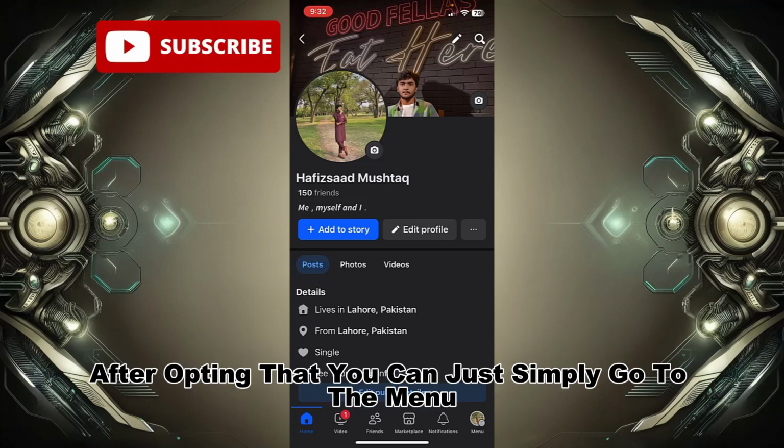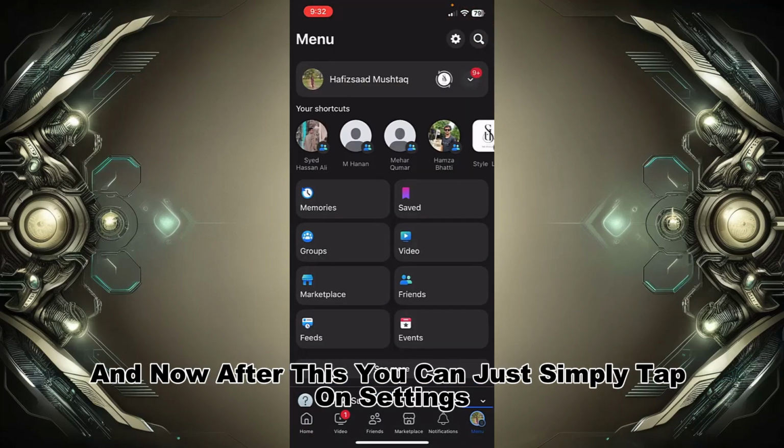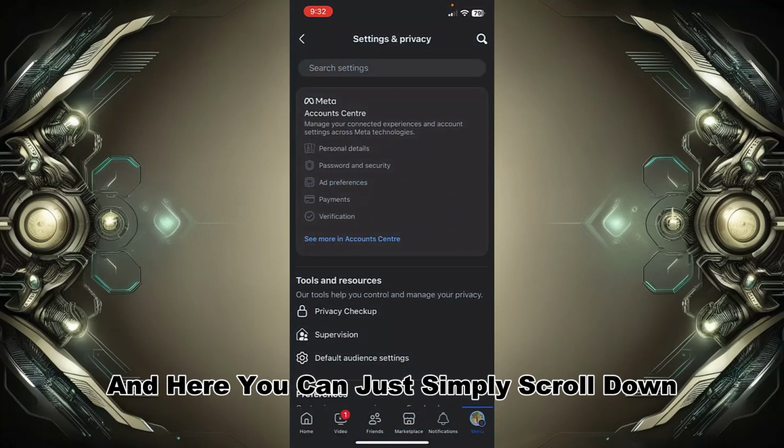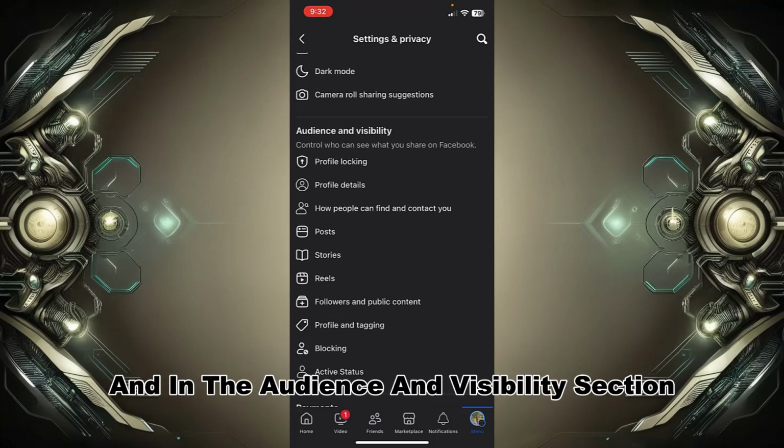After opening the app, you can simply go to the menu option at the bottom right corner of the screen. And now after this, you can simply tap on the settings option at the top right corner of the screen. And here you can simply scroll down and down, and in the audience and visibility section you can